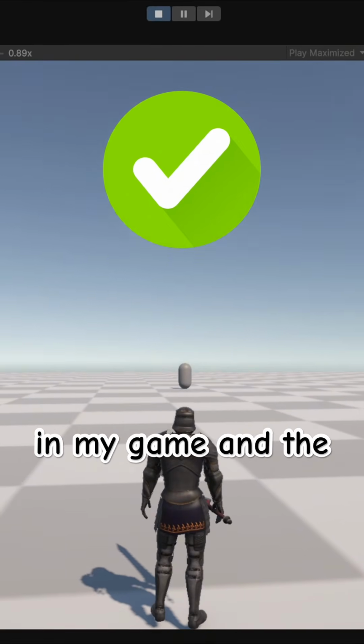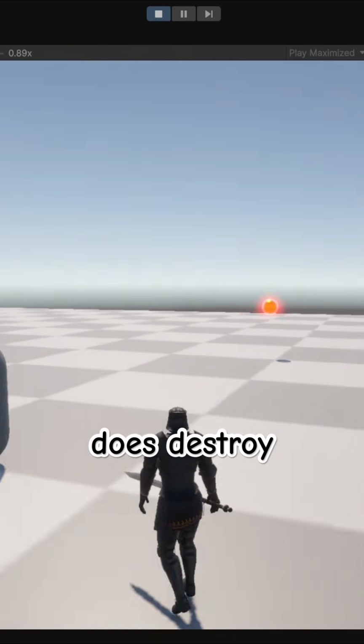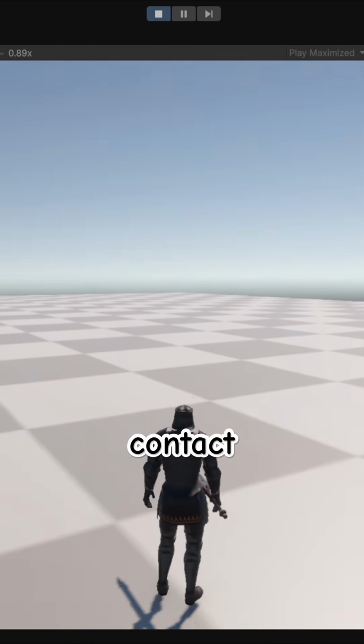So the code works in my game, and the projectile does destroy itself and the enemy on contact, and that's how